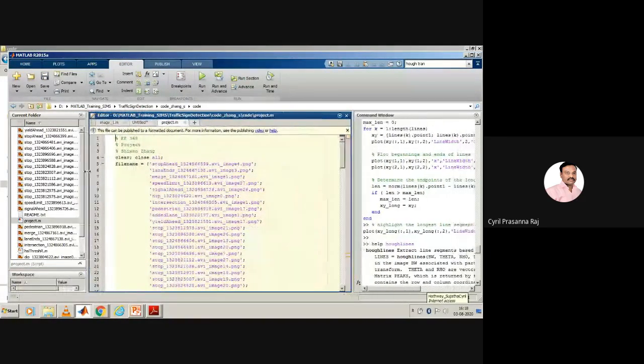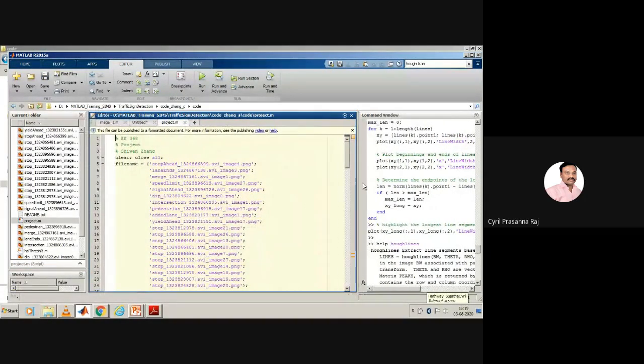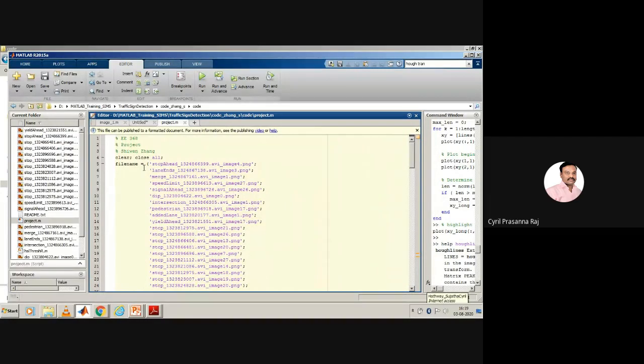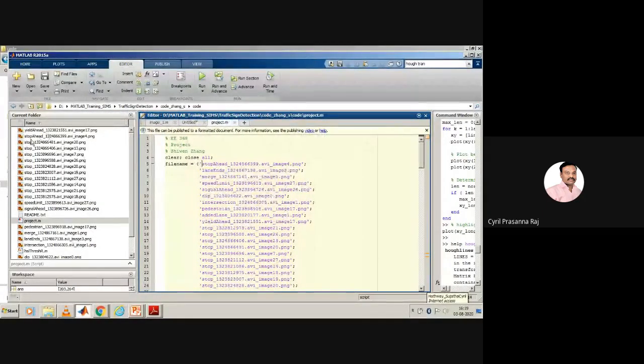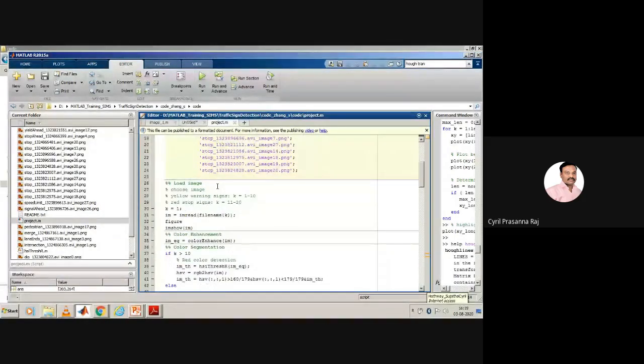Okay. So now in this program, what is being done? We are giving the file name. File name basically refers to all the images that are available. We are able to define it. So now if you have an image called stop ahead 134.png, semicolon. So file name can be any of these. Since they have all been put as semicolon, file name can have multiple files. Now what you do is you define k as a parameter.